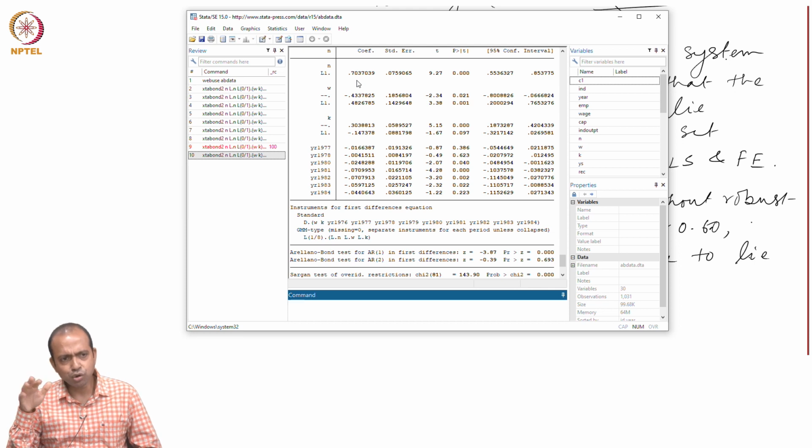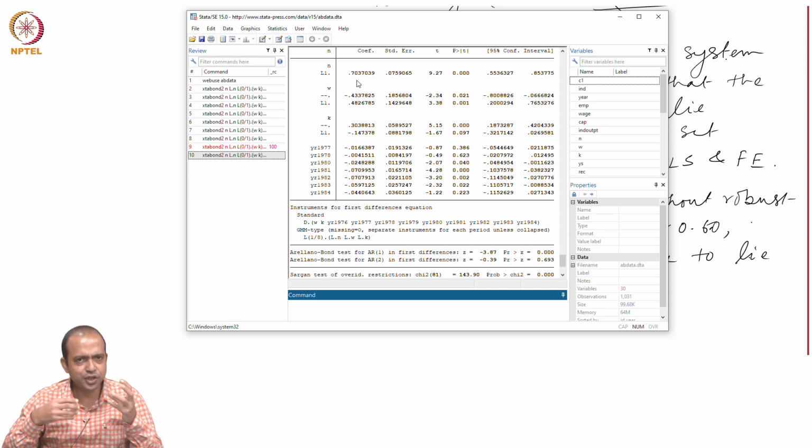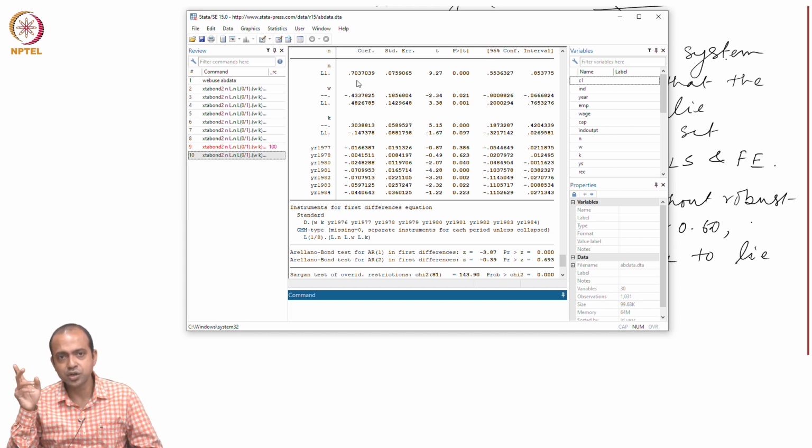Secondly, even after doing all this, if nothing is working out, what do we need to check? We need to check whether the specification of GMM style and IV style instruments is correct or not. If it is not, then we can change it. The variables which were considered exogenous earlier, now we can consider some of those as endogenous, but all this modification should not be done randomly, it should be based on some theoretical argument.